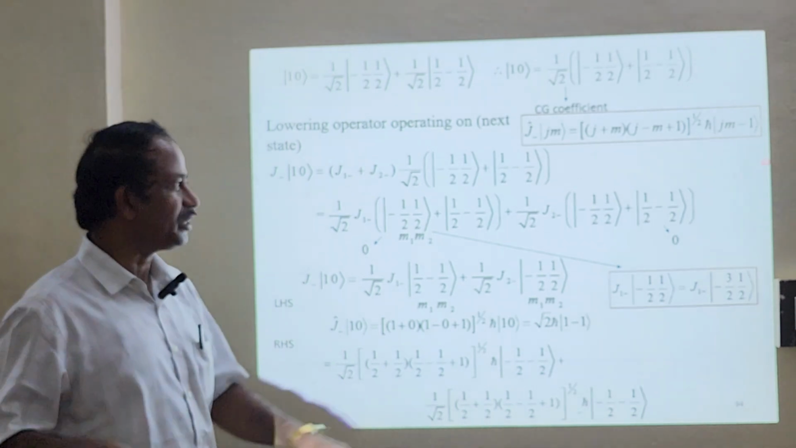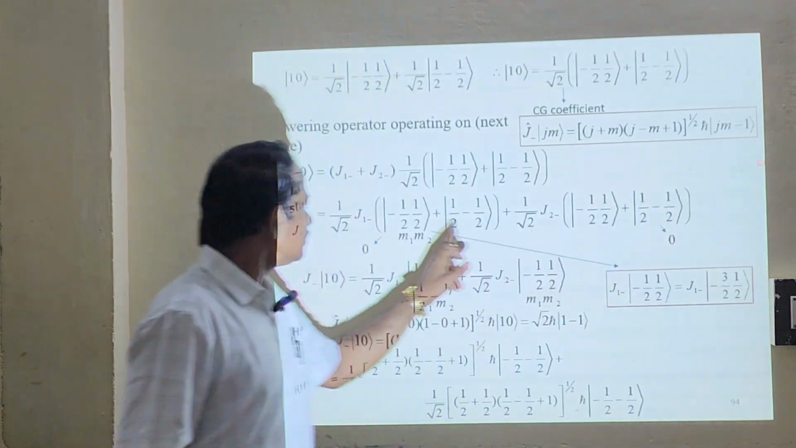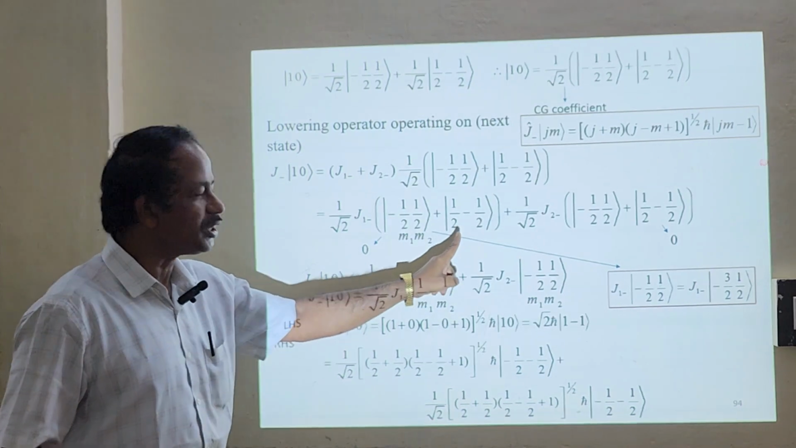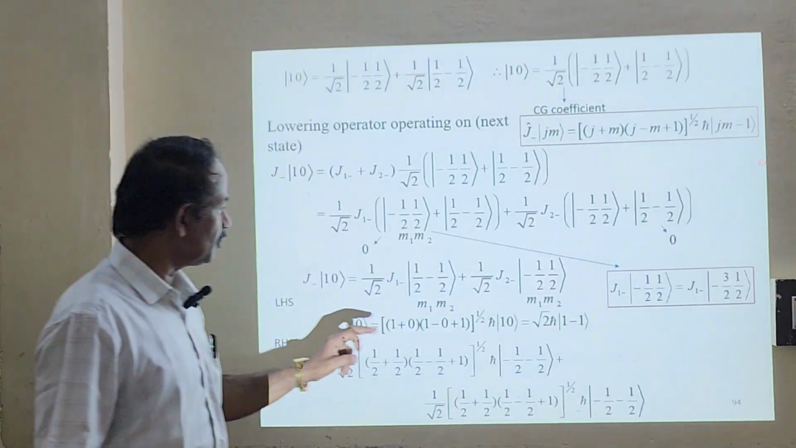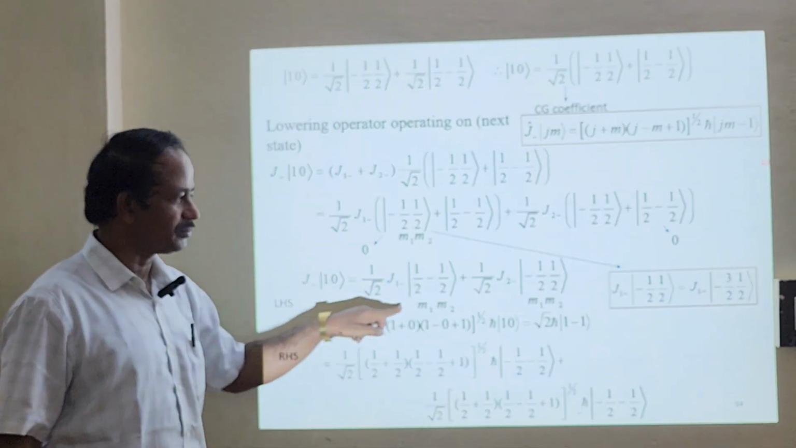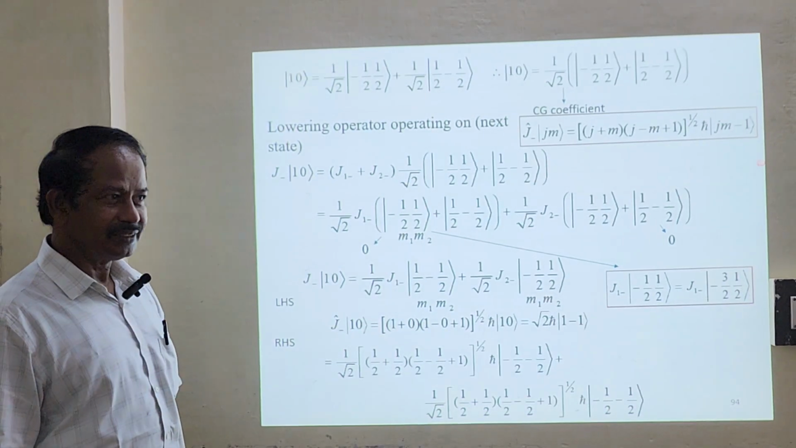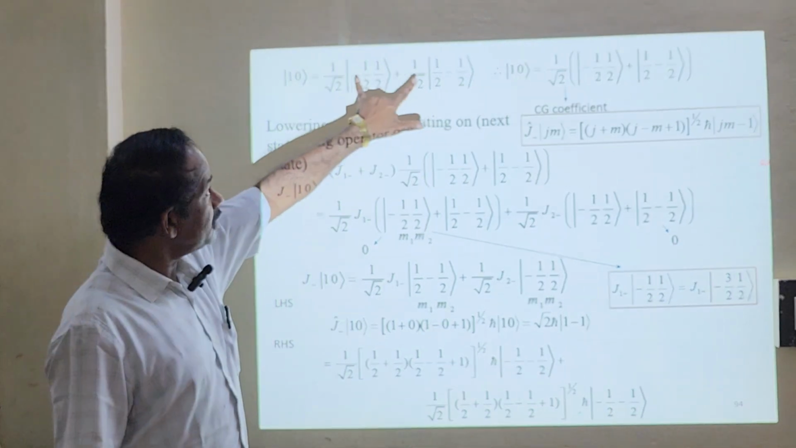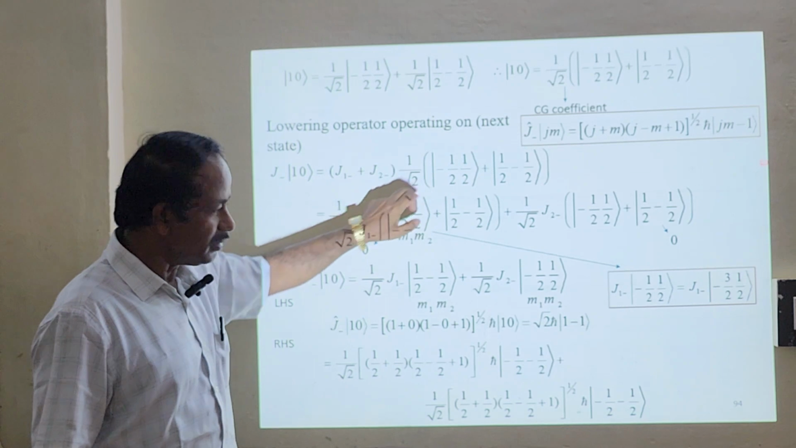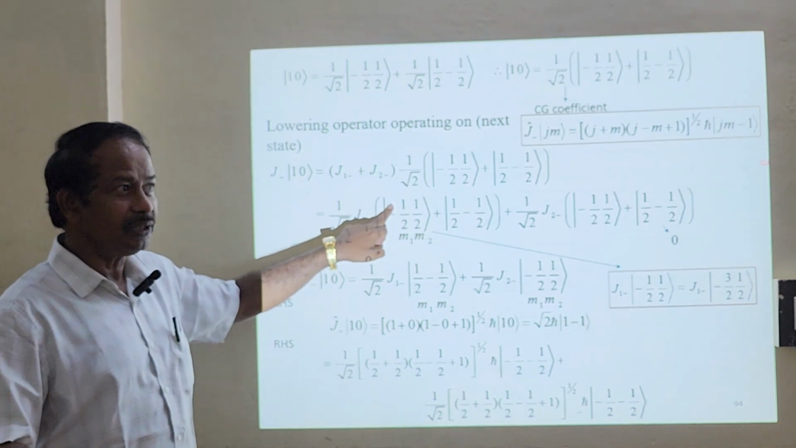Again, minus 3 by 2. So this term will be 0. This term will be 0. So we should have only this term and this term alone. Is it okay? So out of these two terms, we have reduced to one using the selection rule,